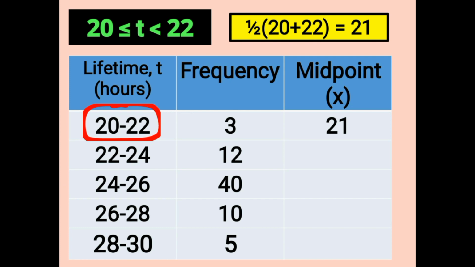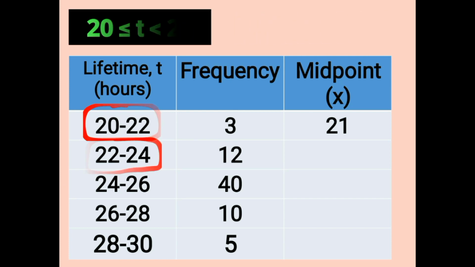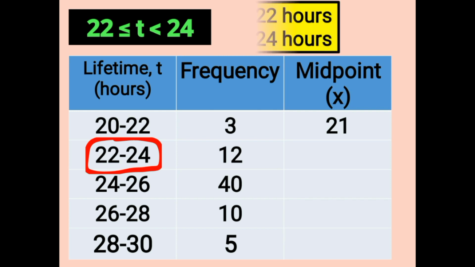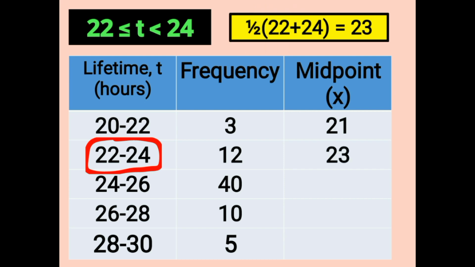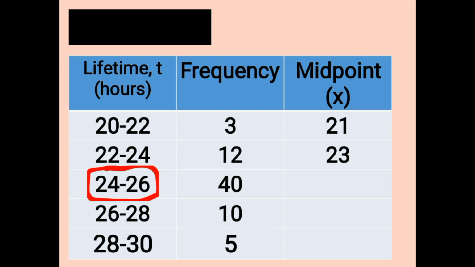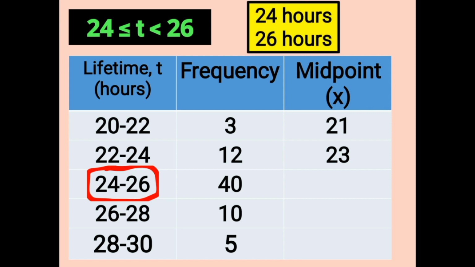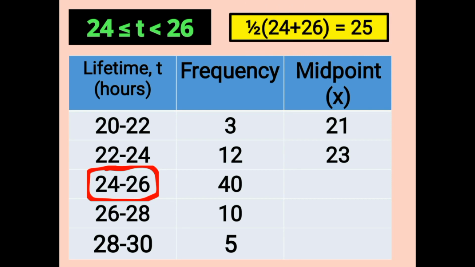Now, let's work out the midpoints for the other groups. So, 22 to 24 hours, that is, t is greater than or equal to 22 but less than 24. Since the data has no gaps, the class boundaries for the second group are 22 hours and 24 hours. And hence, the midpoint is 1 over 2 times (22 plus 24) equals 23. Now, 24 to 26 hours, that is, t is greater than or equal to 24 but less than 26. The class boundaries are 24 hours and 26 hours and hence the midpoint is 1 over 2 times (24 plus